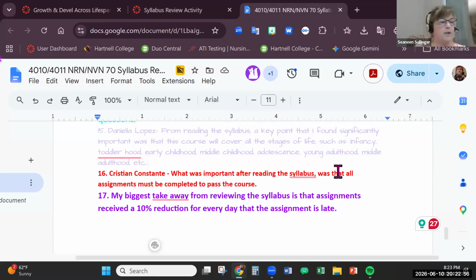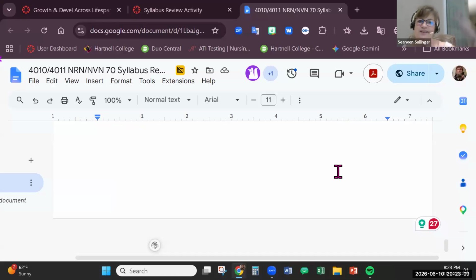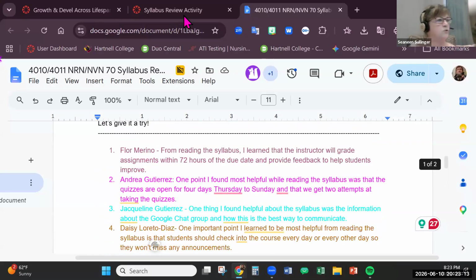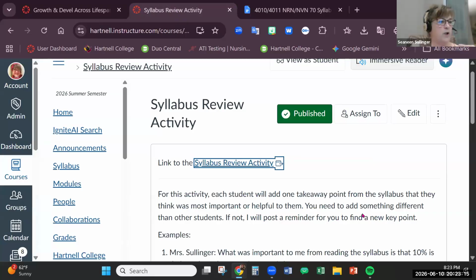And so you're just, but the thing is you have to write something that's different. You can't have two people saying the same thing. Everybody has to have something different so that as people keep reading through it, you're learning something different. And then you have to go back to your, you have to then go